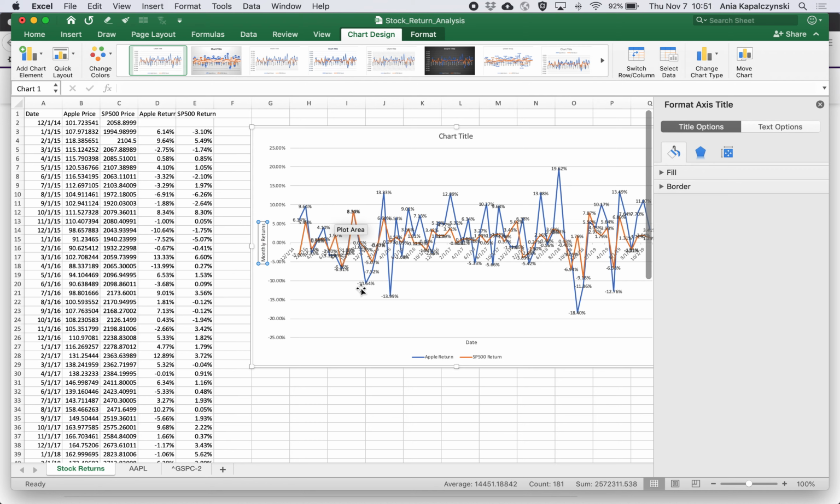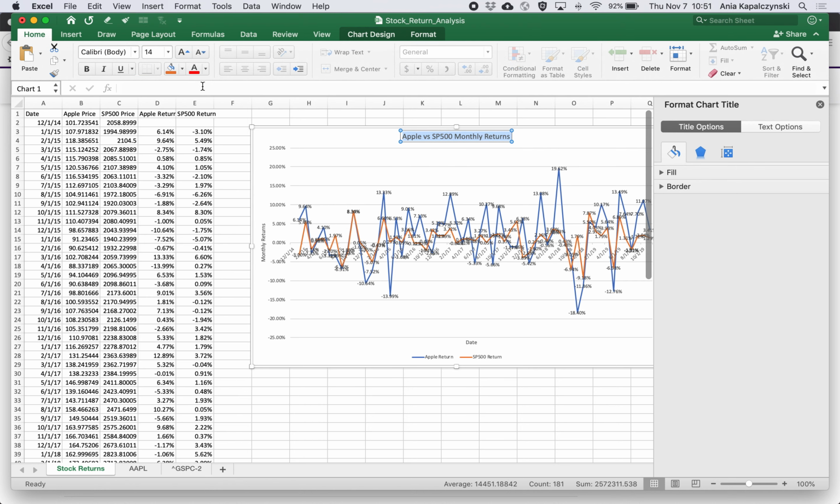And my chart title will be Apple versus S&P 500 monthly returns. I will make this chart title a little bigger, and I will make it bold just so it looks a little